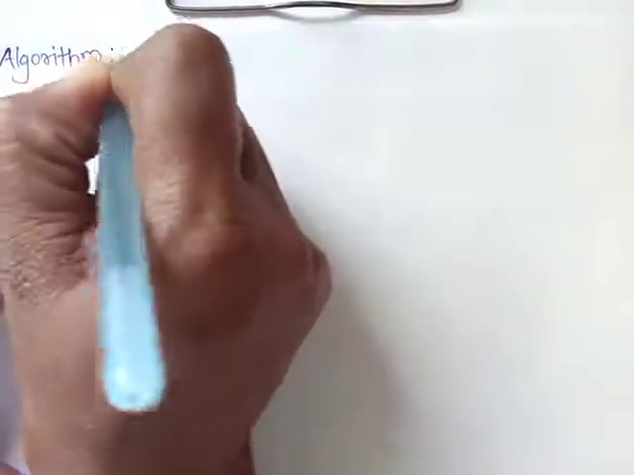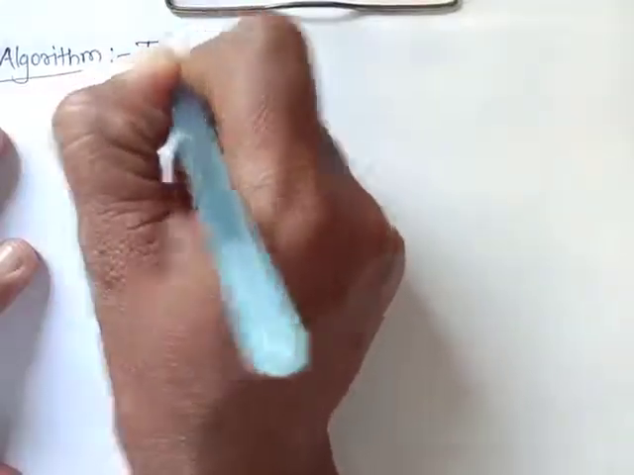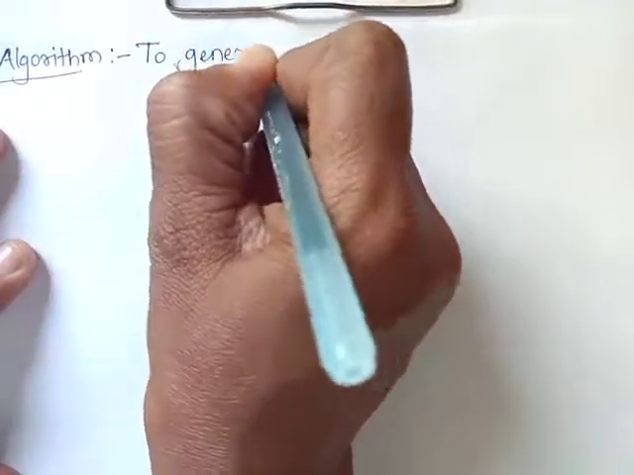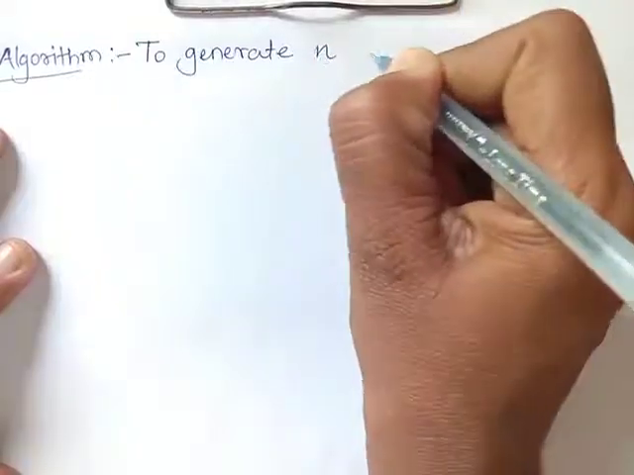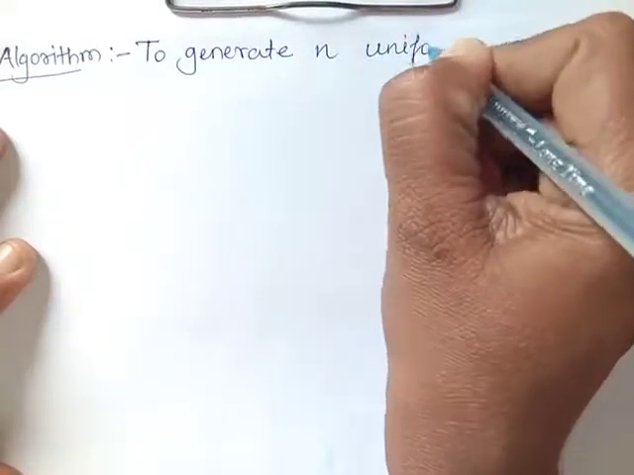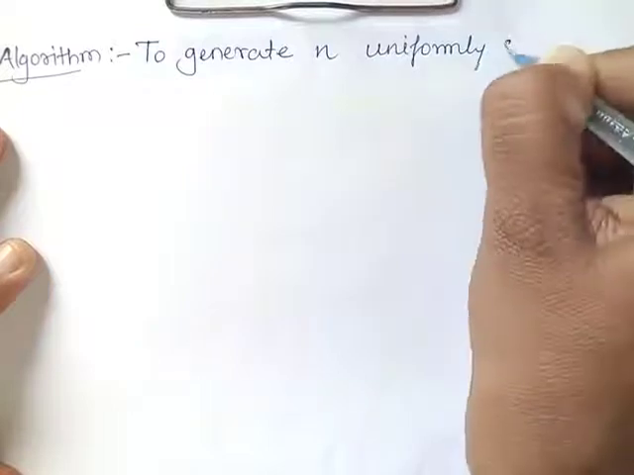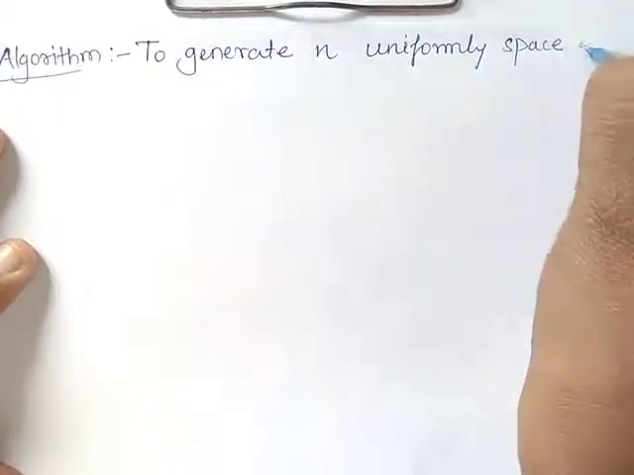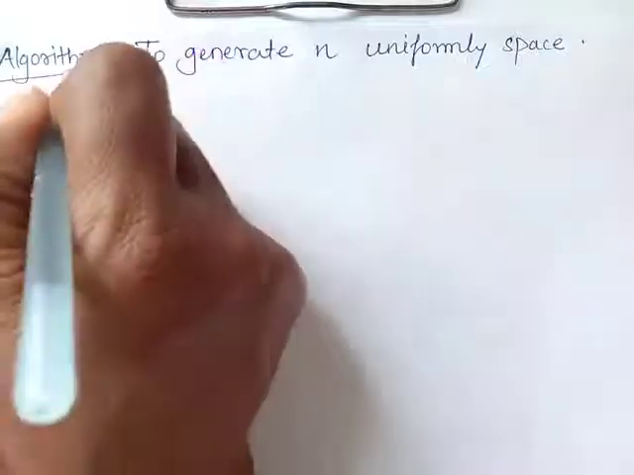Hello students, now let's write an algorithm to generate n uniformly spaced points on an ellipse, but such an ellipse whose focus is not at origin. So the algorithm to generate n uniformly spaced points